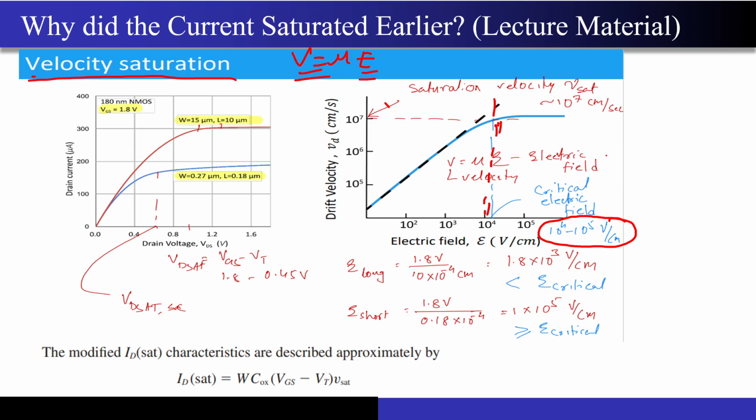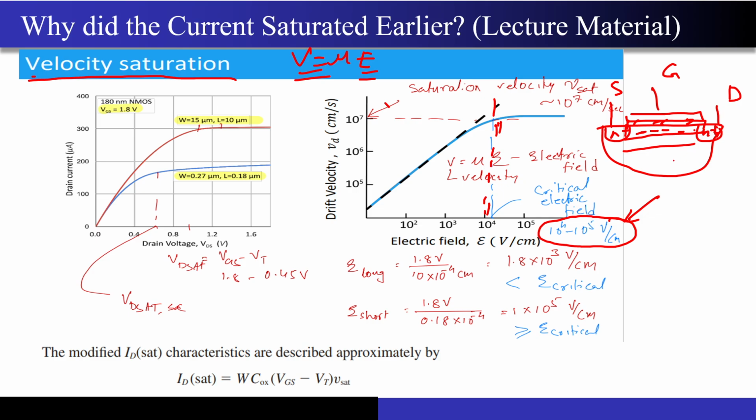The first question you should ask me is, prove to me that I will reach the critical electric field in my MOSFET. So how can I prove this to you? Okay, I will take this N plus structure. I have an oxide, then I have a gate over here. This is my drain, this is my source. Now this is my channel that has been formed. If I look at the horizontal electric field, this electric field is nothing but, what can I write? The VDS value divided by the length of the channel.